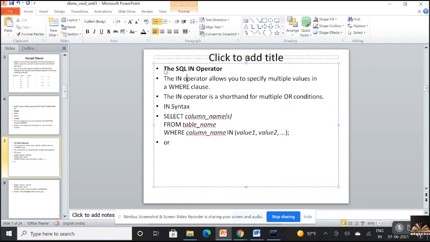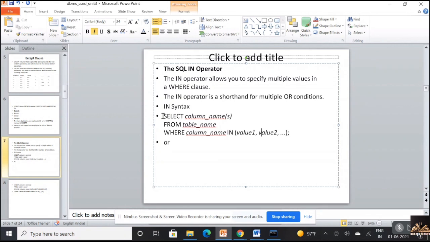And the syntax for in would be: select column names from table name where column name in value 1, value 2, value 3, and so on. So you are interested in finding out the details from a particular table where a specific column is present in a list of values given.